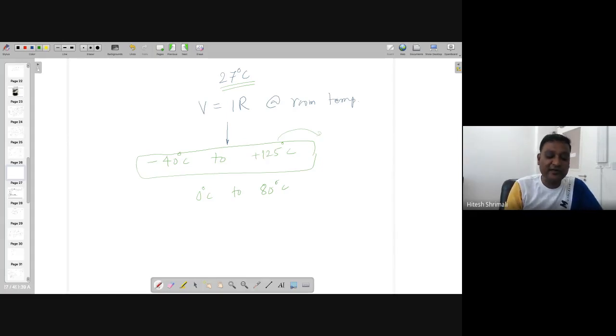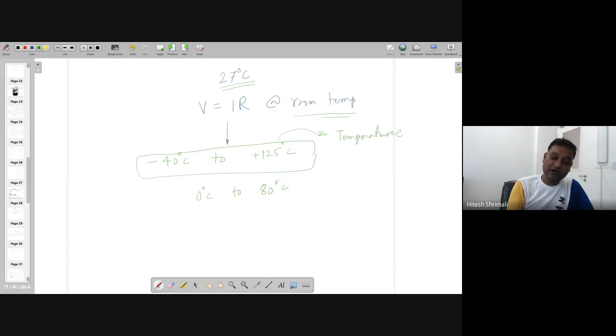What will be their particular application? If they are going to be in your room only, then the temperature will be different. If you are in some places, or let's say if you are going to keep your sensor or your circuit in a boiler, or a hazardous situation, the temperature will be different. So in all cases, my circuit should work, but I am going to call this one temperature.